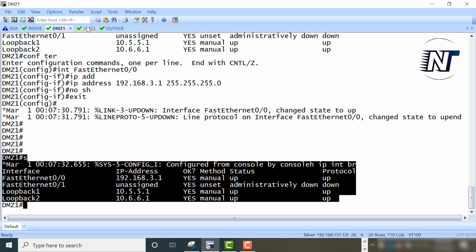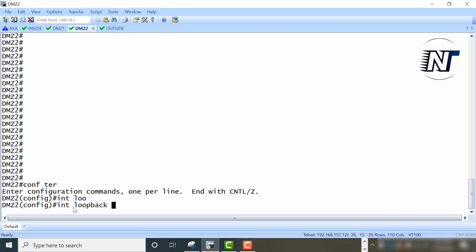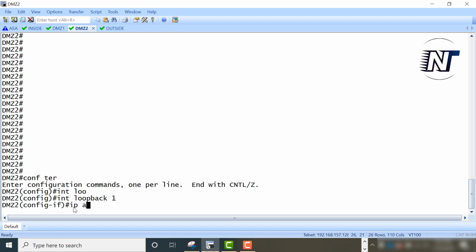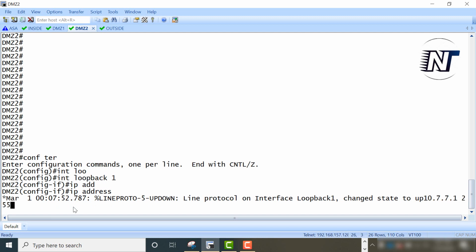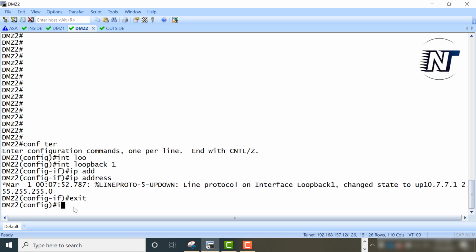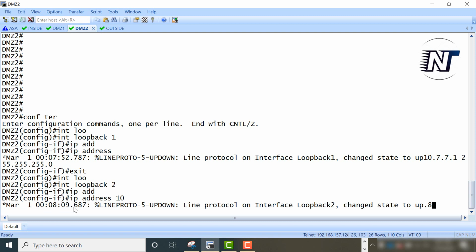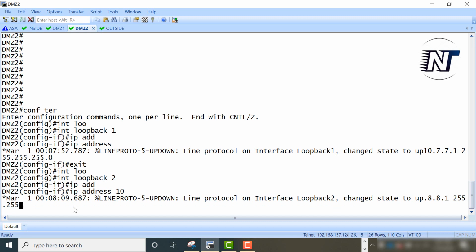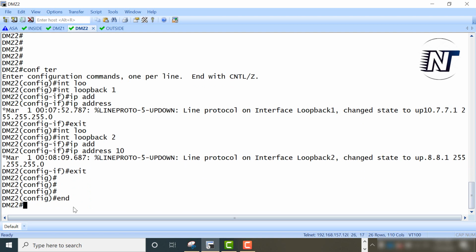Next we'll go to the DMZ2. Config terminal, interface loopback 1, IP address 10.7.7.1 255.255.255.0, exit. Interface loopback 2, IP address 10.8.8.1 255.255.255.0, exit. End.